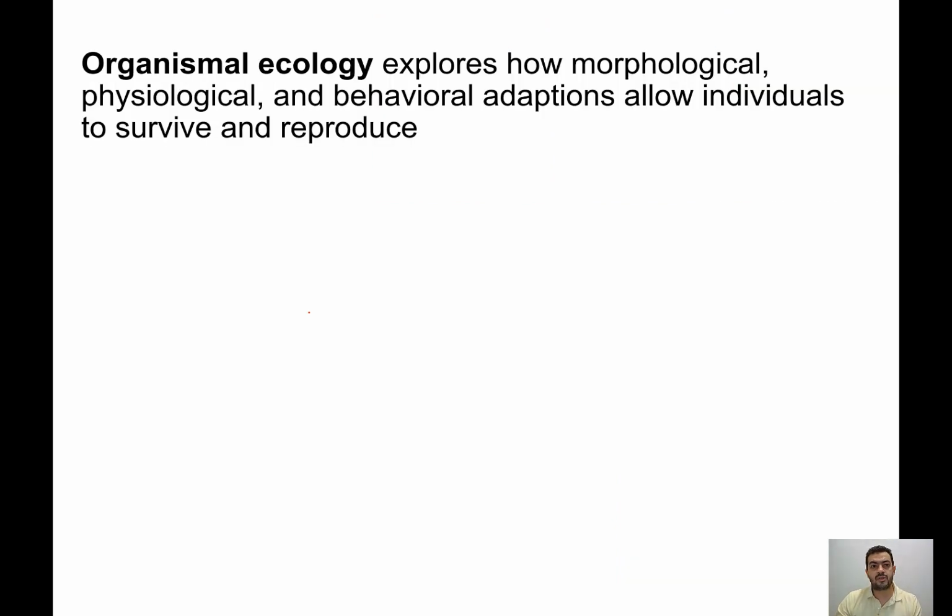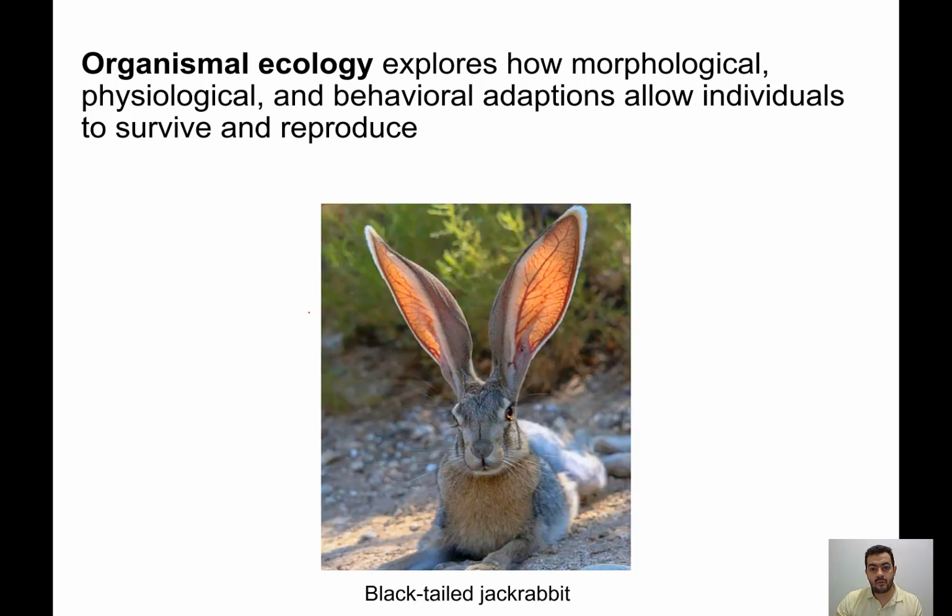And as we mentioned, we are studying now organismal ecology. We are focusing on studying specific organisms, how they are morphologically and physiologically and behaviorally adapted to their environments. So for example, this black-tailed jackrabbit is characterized by these huge ears, and one reason is that it lives in the desert, and it helps the body to decrease its temperature,